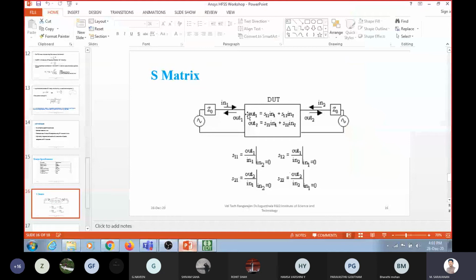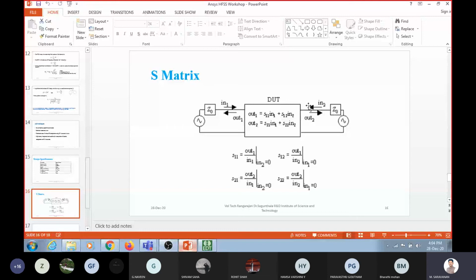So your matrix will have S11, S12, S21, S22. For S11 and S22, there is no reflection, that's why they are close to 0. S12 and S21 are the transmission coefficients. S11 and S22 are the reflection coefficients. S11 means whatever you are sending is reflected back, that is first port to first port. S22 is also a reflection coefficient, second port to second port: input is the second port, and output is measured at the second port.